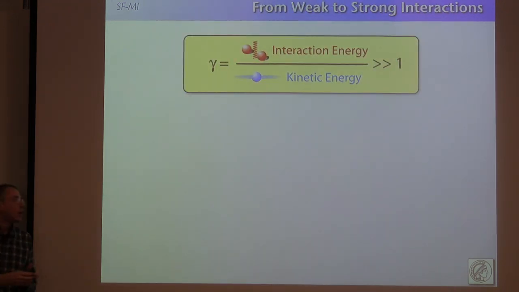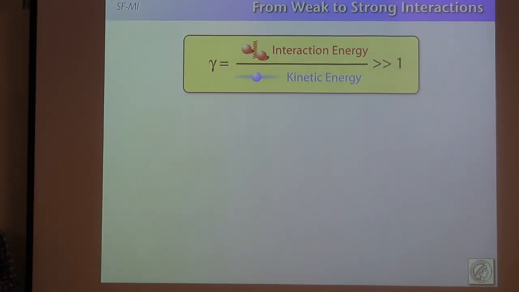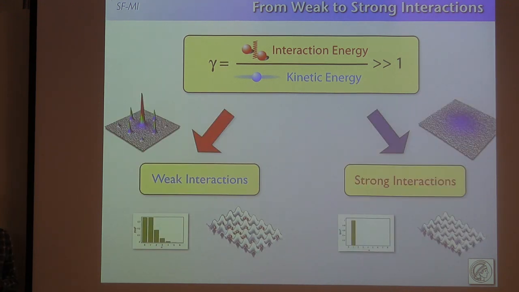Okay, so in this simple Bose-Hubbard model that we talk about, there is only one parameter that matters in determining the phase diagram: the ratio of interaction energy, this U, to kinetic energy, which is this J, how large the tunnel coupling is. That determines what phase you are in. If this is large, you're in the regime of strong interactions. If it is small, you're basically in the non-interacting or weakly interacting regime. So let's go through the different ground states that we have in those two cases. For the weakly interacting regime,